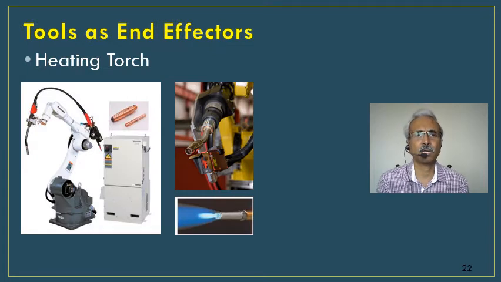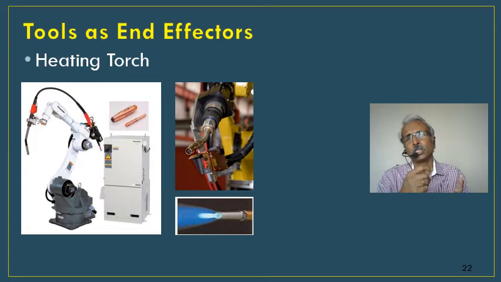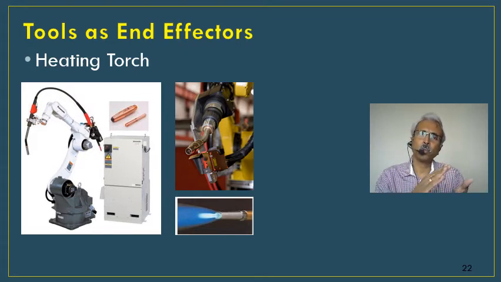So next is about attaching a heating torch as an end effector. So probably in manufacturing technology you might have studied that there are certain surface hardening methods, wherein instead of heat treating the whole component, only the parts or the area where the component is going to be subjected to wear and tear, you need to do the heating or the hardening, or call it localized heating or localized hardening. So there also you want to maintain uniformity, because again the distance between the component and the heating torch has to be uniform.